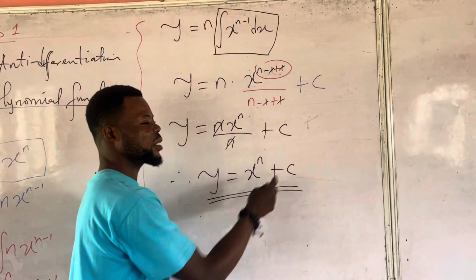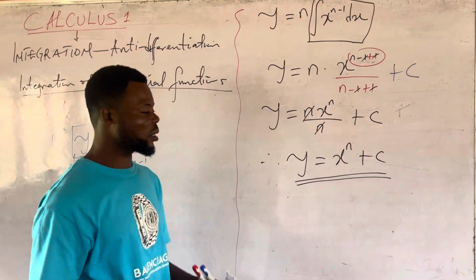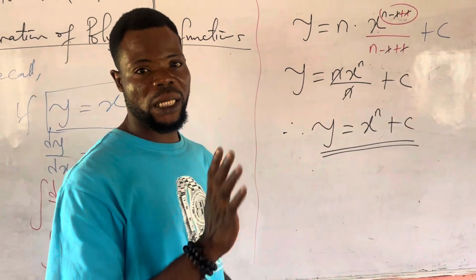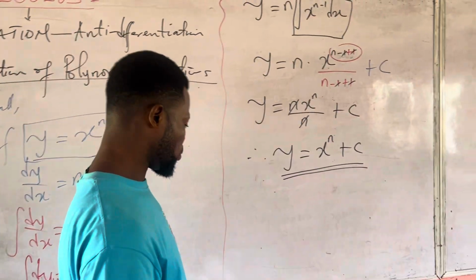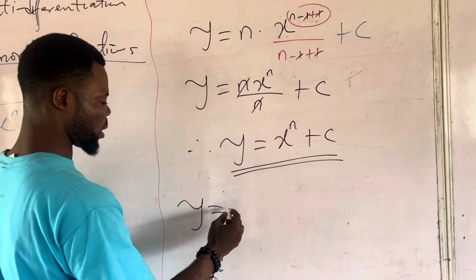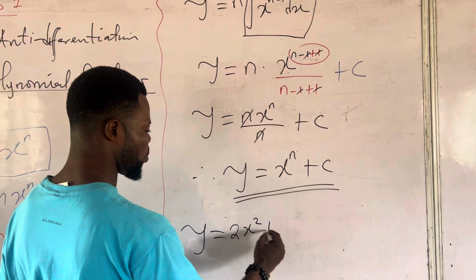This c is known as the integration constant. Why are we putting c? That c stands for any constant value. Now, you may ask, if I have this function y equals 2x squared plus 4,